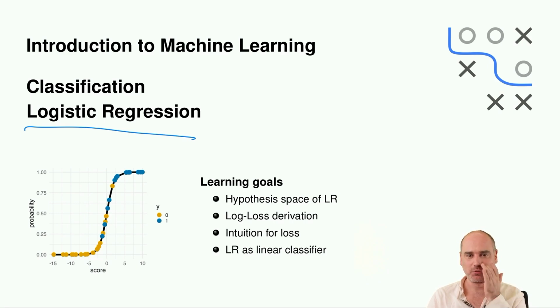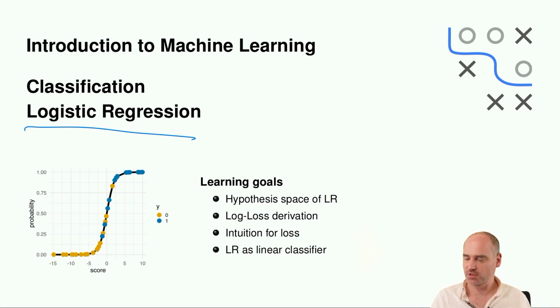We have looked before at k-nearest neighbor, a very simple method to perform regression and classification. Here we are going to look at logistic regression, and we're going to first of all specify how the linear structure of logistic regression looks like, how we can formally define the hypothesis space of logistic regression. Then we will formally derive its loss function, the so-called log loss or Bernoulli loss that's going to be used in the ERM principle for logistic regression,